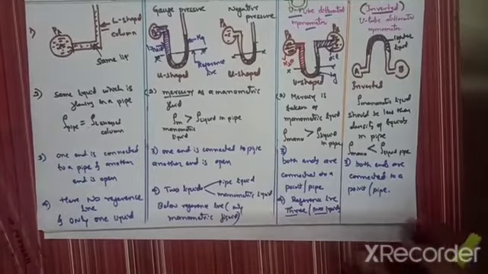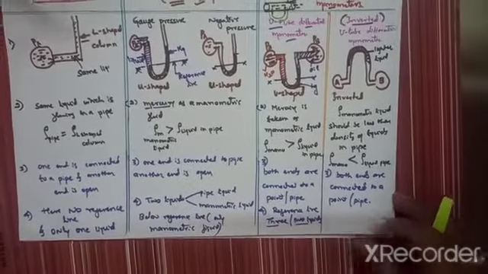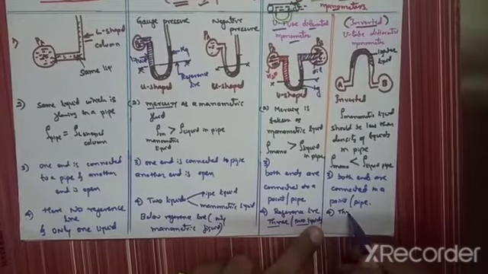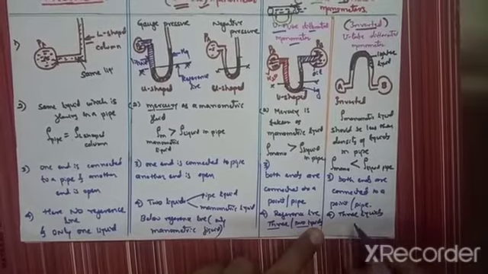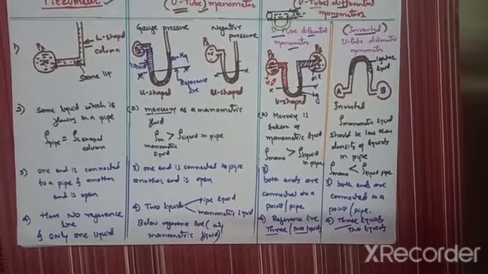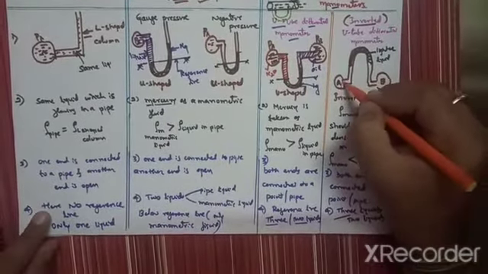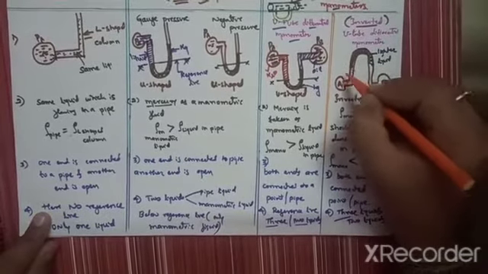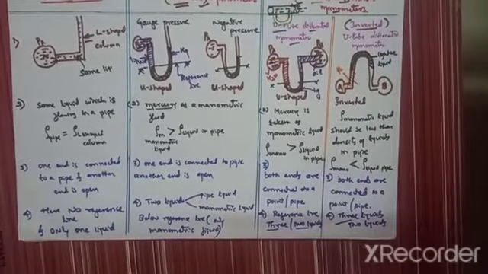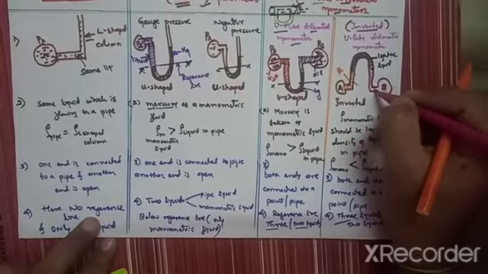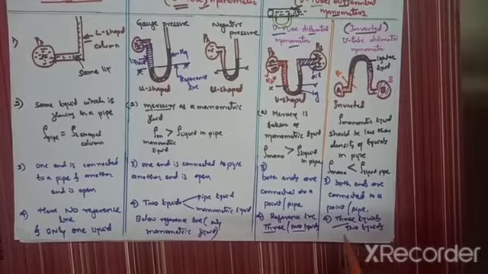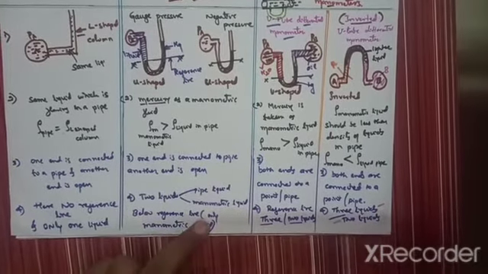In the inverted U-tube differential manometer, that is also the same. There may be 3 liquids or 2 liquids in the manometer. How will there be 3 liquids? Here in pipe A, there is one fluid, liquid A, and in pipe B there must be another liquid. Depends upon the applications. Here is liquid B, the second liquid. Understood? That is the reason I have written 3 liquids or 2 liquids.